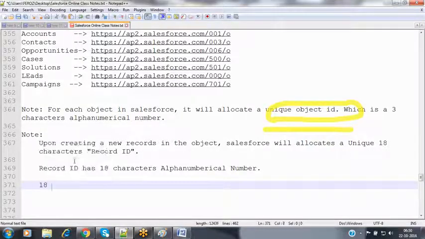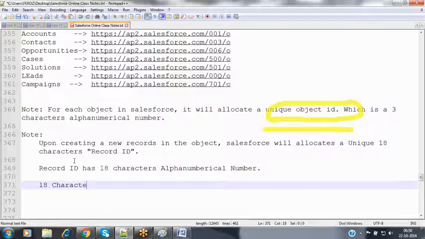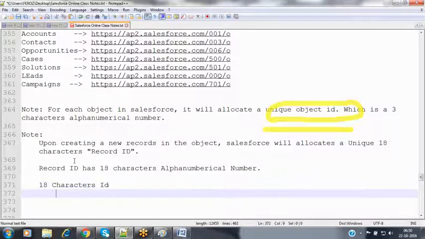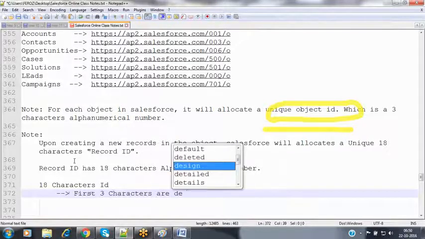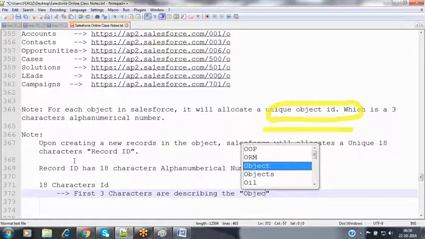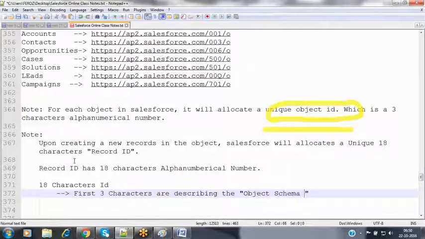In that 18 characters ID, the first three characters describe the object schema ID, nothing but the object ID.